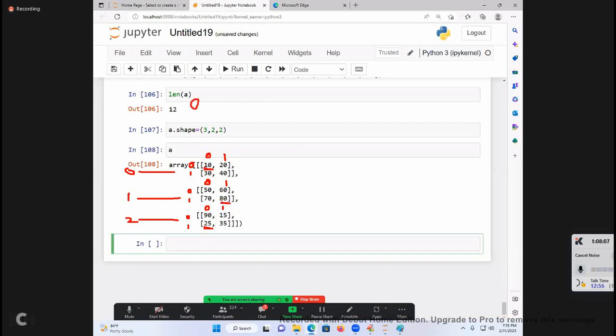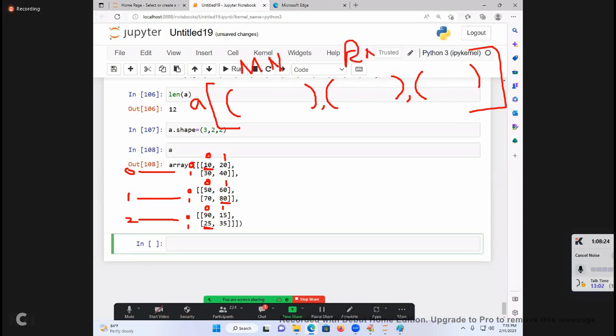First A of, this is what? First matrix numbers. Next row numbers. Next column numbers. Prachi Gupta, my dear student. First one is what? Matrix number. Next row number. Column number.